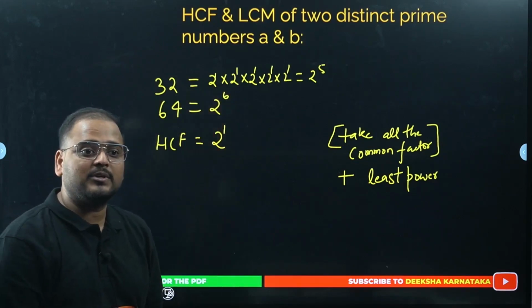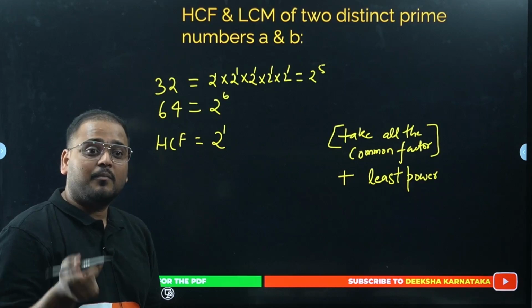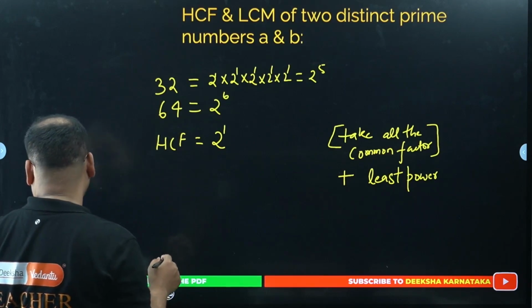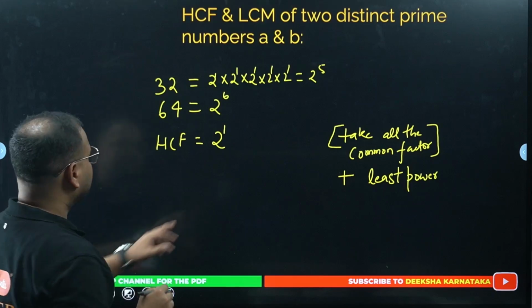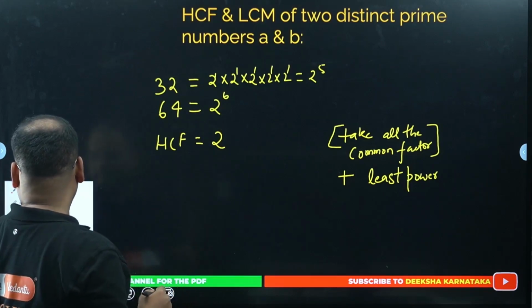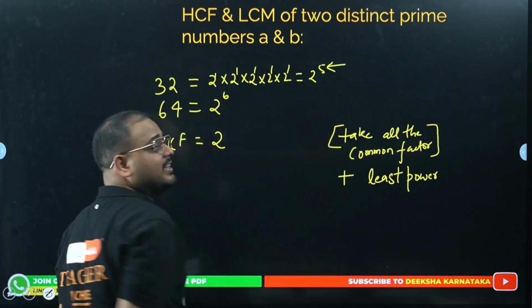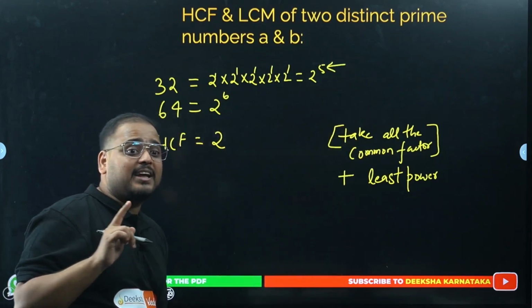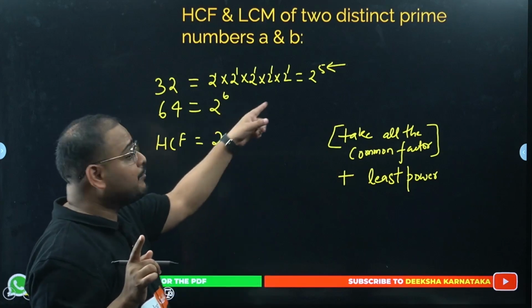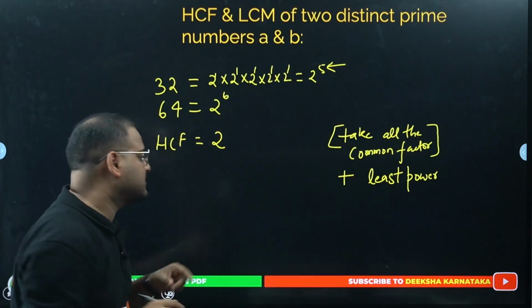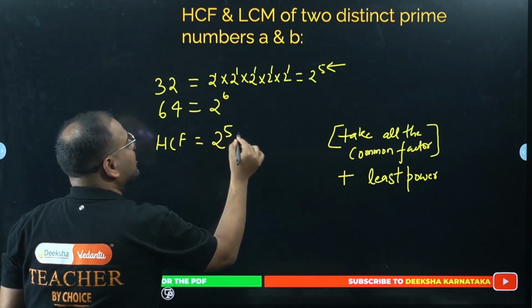Then in that case we can say 4 also is there. 4 will divide both the numbers. 4 is also a common factor. But we want which common factor? HCF. So 2 power what will we take? The least power is 5. We will not take the individual numbers, we will take the numbers to the whole power. So 5 was there, right? Out of 5 and 6, which is the least? 5.